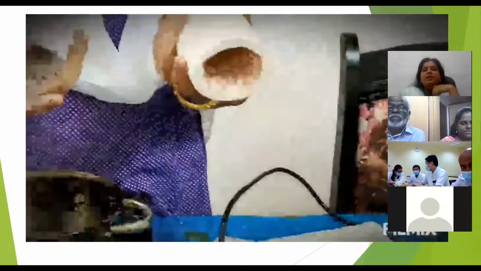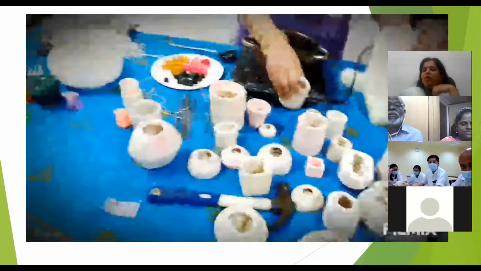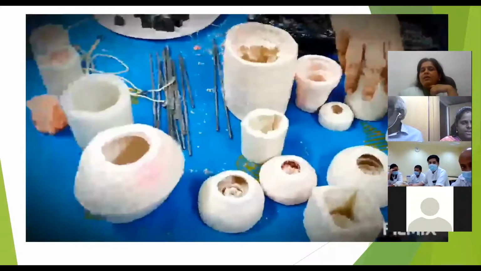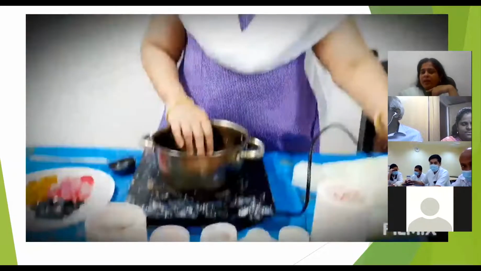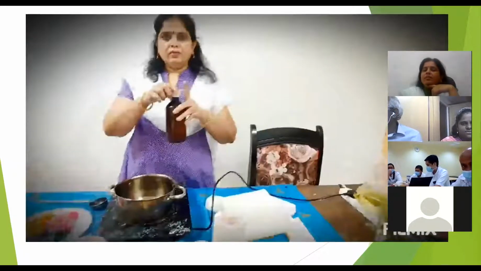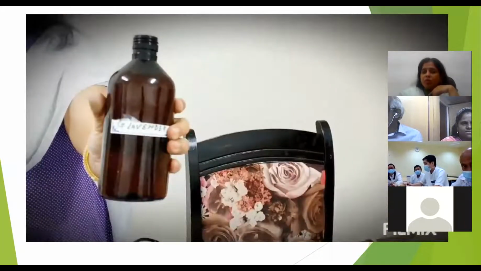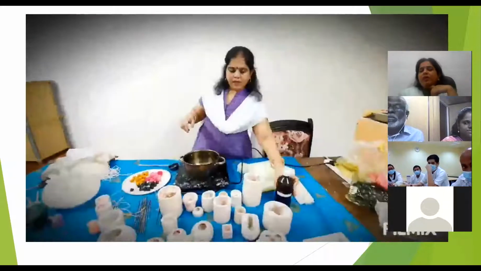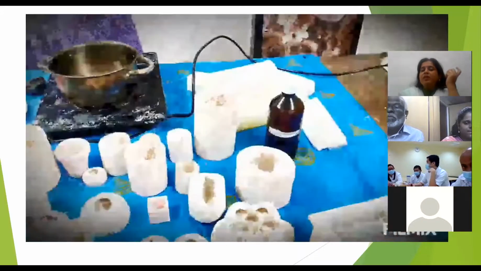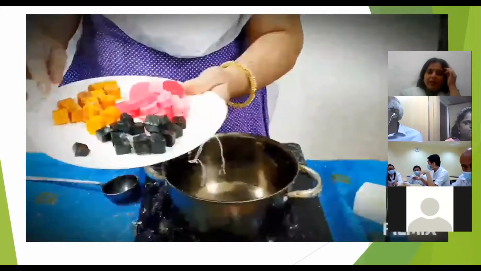Otherwise, you get some granule type wax also. And these are silicone molds. You get them in different sizes, and they can be ordered online also. There is a variety of molds available in the market. And perfume, you get it in Ruby High Street also. Good quality perfumes you get. When we are doing it in Oman, I prefer we use our traditional flavor, Luban. Those types of perfumes would be really good.